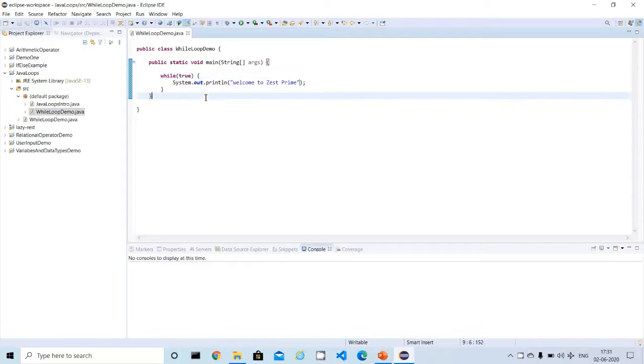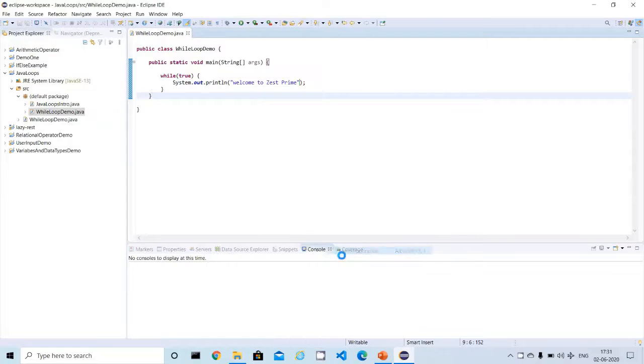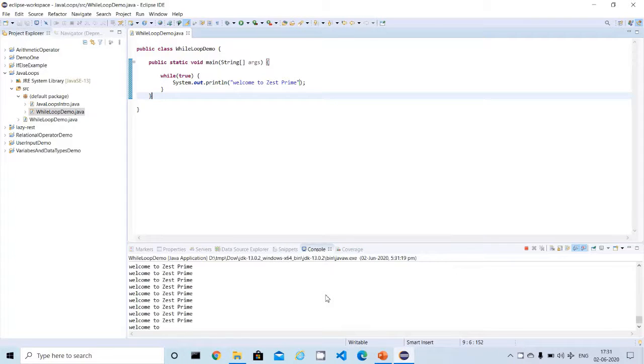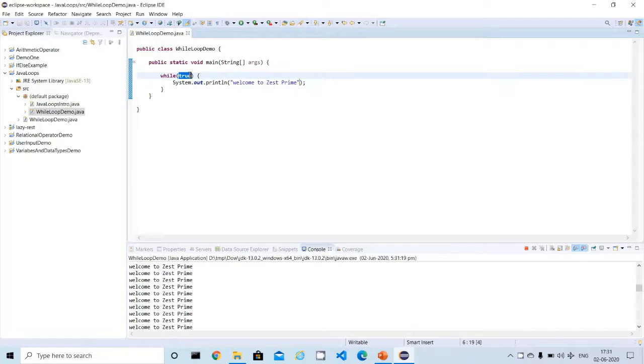Let me run this simple example. We can see "welcome to Just Prime" keeps printing many times, because the boolean value is true and this block of statements keeps executing until we get false.